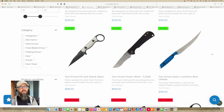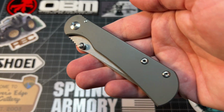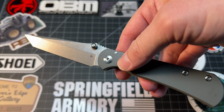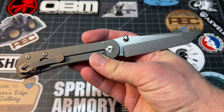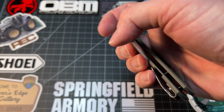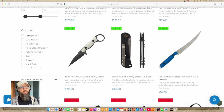A lesser known USA brand that I highly recommend is Tour Knives. And they will definitely make my next list, which is the above $250 mark. But the Tour Chasm right here is a smaller version of the Merchant 2.0, which I believe I'm showing you right now in B-roll footage. And it is fantastic. If you want a smooth as butter, awesome tolerances experience for your gear geek that reminds me of a Chris Reeve knife, it really does, for less than 200 bucks, the Chasm is the way to go. It feels kind of like a Chris Reeve knife that you can flick, but it's also just buttery smooth, like the CRKs get. The Chasm is a smaller model, as I said before, and would be a great gentleman's carry for EDC geeks, which is why I think this would be a great gift knife, just all around for